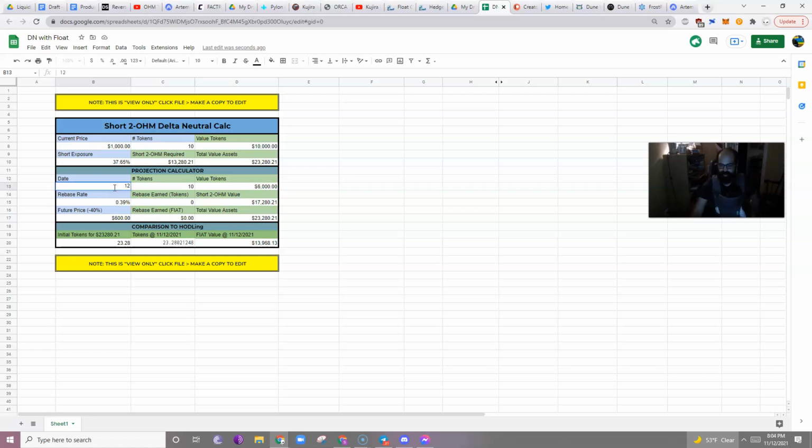Let's look at Christmas time. So if the value of ohm went down to $600 and negative 40% by Christmas, and the exposure was still 37%, then you would have a profit. You would actually have $27,193. However, if you just held, so if you invested that initial $23,000 instead of the $10,000, $23,000 into ohm,